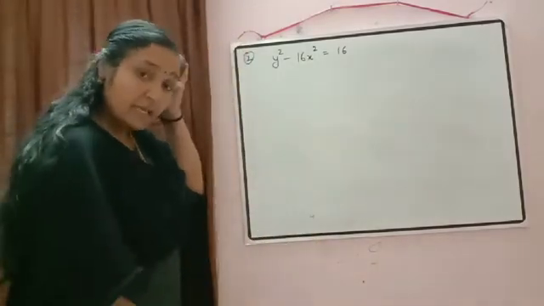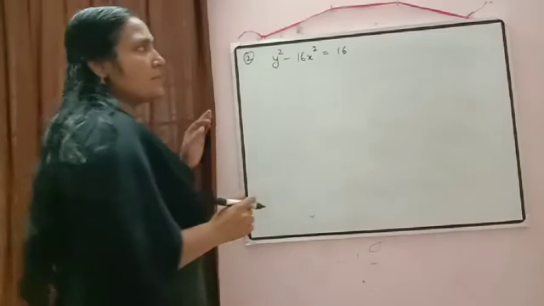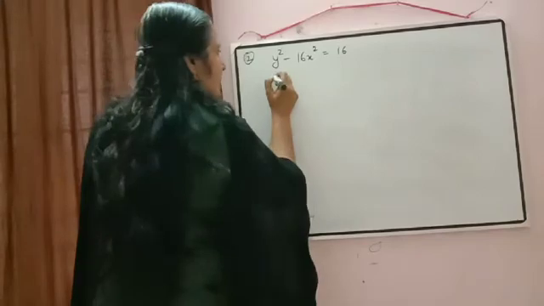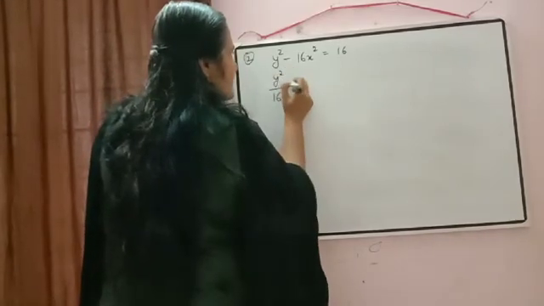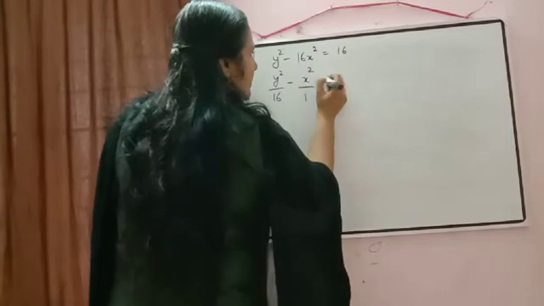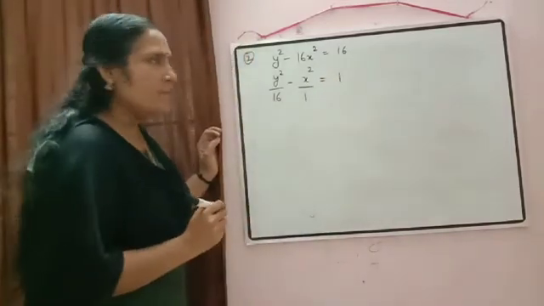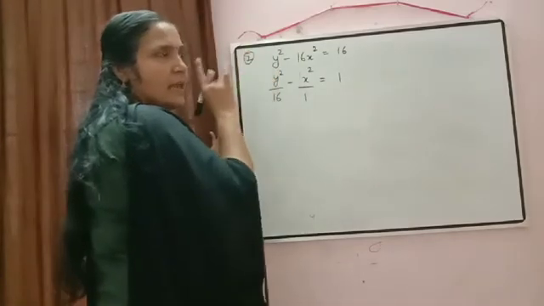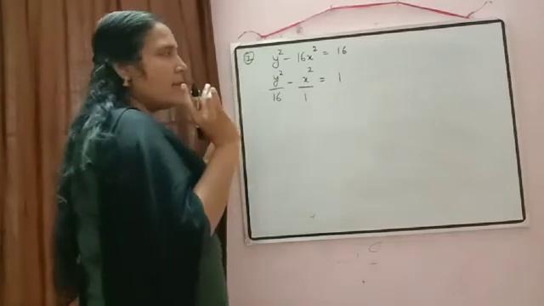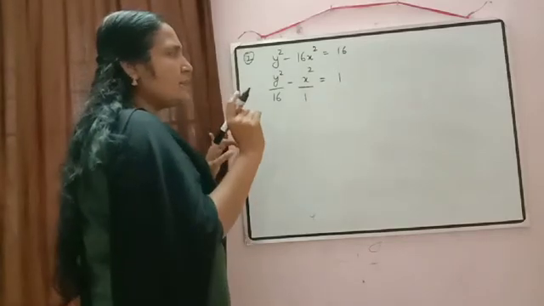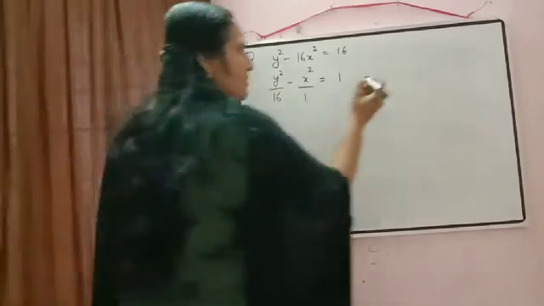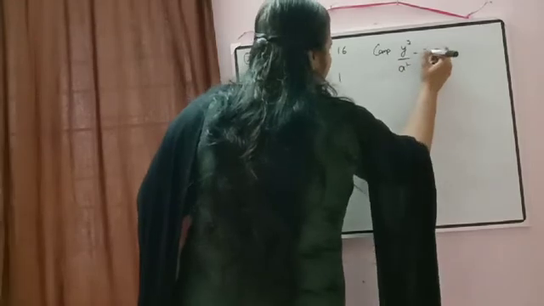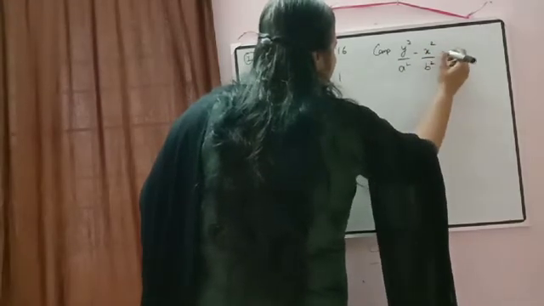Again in the equation we need the right hand side to be equal to 1. So what we will do? We will divide the whole equation by 16. Then we will get y square by 16 minus x square by 1 is equal to 1. Okay. Now just check here, y is written first, which means our transverse axis will be along the y axis there. Rest no change will come. y square by a square only. Okay. So comparing with y square by a square minus x square by b square is equal to 1.